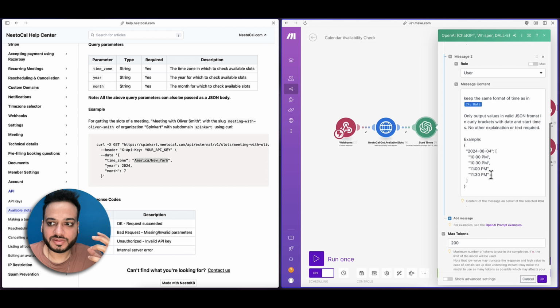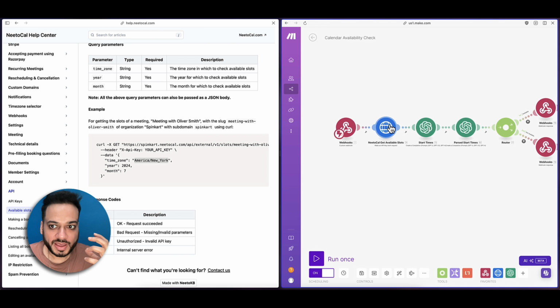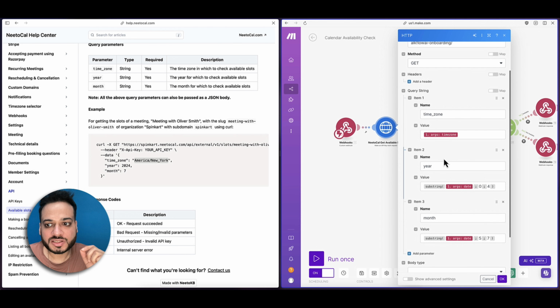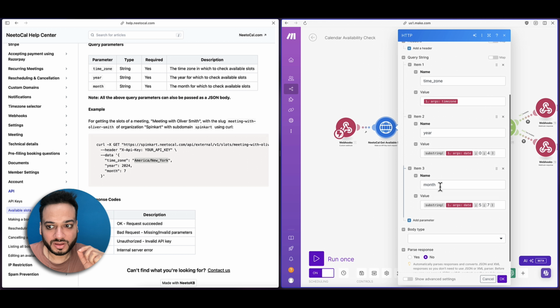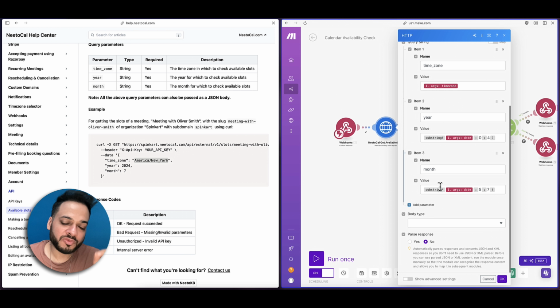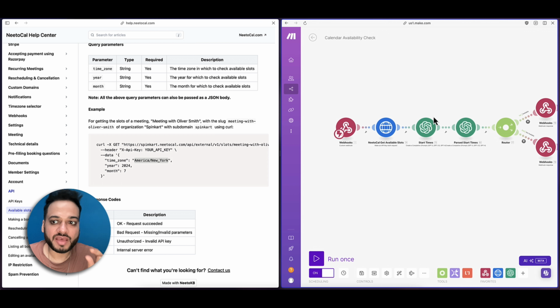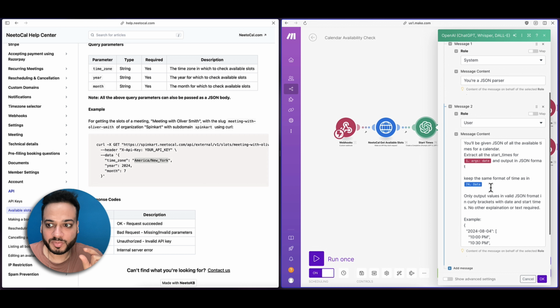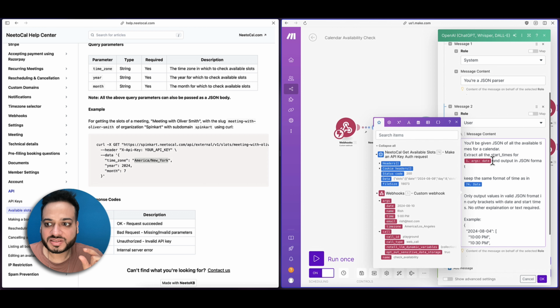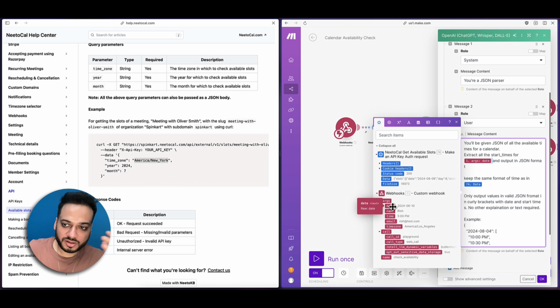What would happen right now is we are passing a date, name and time zone inside this webhook, and we are checking the availability for this particular year and month. But there is no way to check the availability for a particular date. And that is why we are using the ChatGPT node here, because we want to have only the start times for this particular date, which we have gotten from our webhook, not everything in that month. We are not interested in all the dates available for a particular month. We only want the available times for that particular date or day.